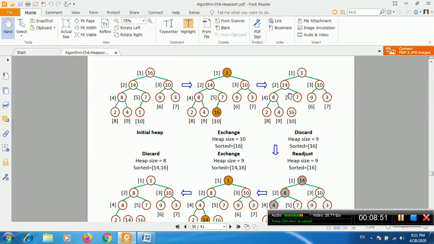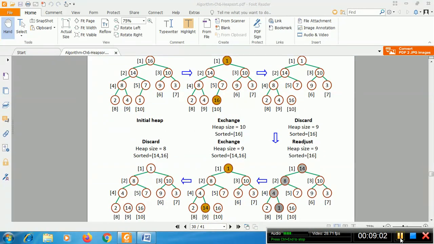Here this creates a problem again, because this is not a max heap. So again we will heapify the tree. So here we have to heapify again and follow the max heap property. So the root node here is 1, which is less than the left subtree and right subtree. So again a problem is being created here. So we will swap the element with the root node. So here you will get the maximum element. Between left and right, the maximum here is 10. So 14 swaps with the element 1.